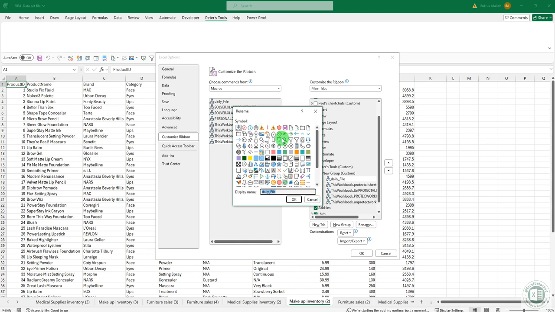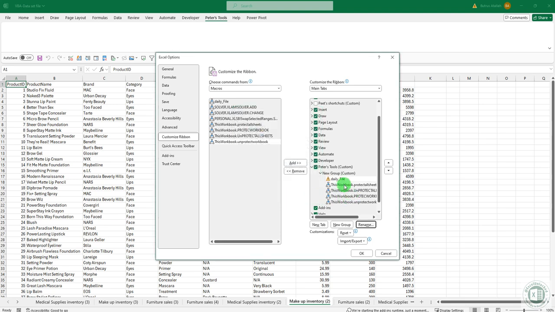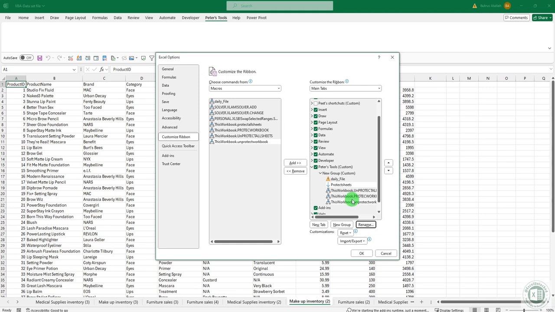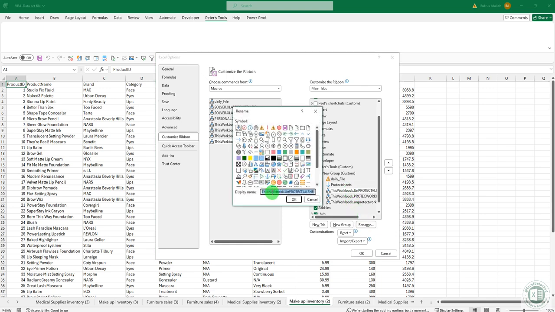However, I can change the icon. So the daily file, I'm gonna use this for it, and protect all sheets. I'm gonna rename it as protect sheets and choose this icon for it, unprotect all sheets. Then rename it to unprotect sheets.